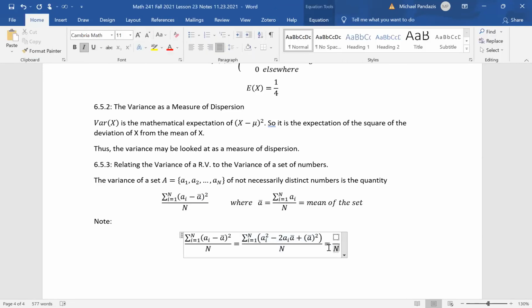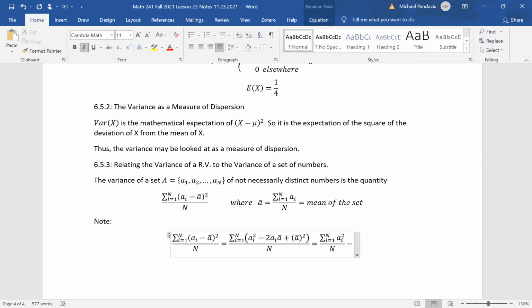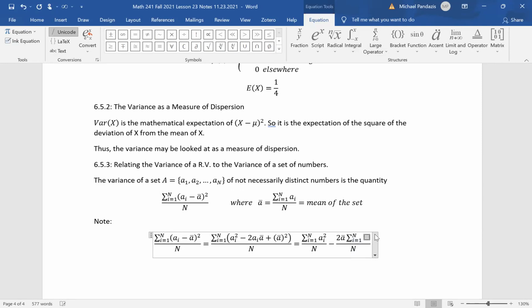This is equal to the sum over capital N of this. So then you have the sum from i equals 1 to capital N of A_i squared, minus the next term, which is 2 A bar times the sum from i equals 1 to capital N of A_i,